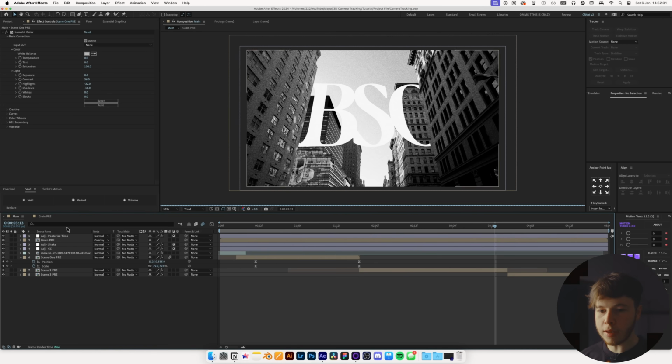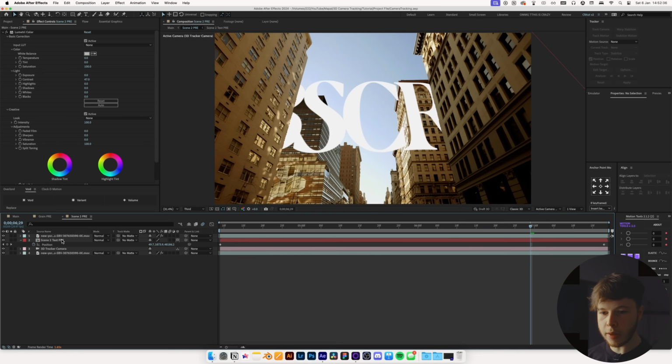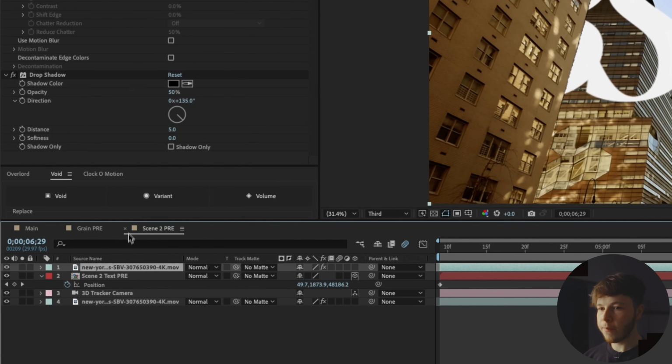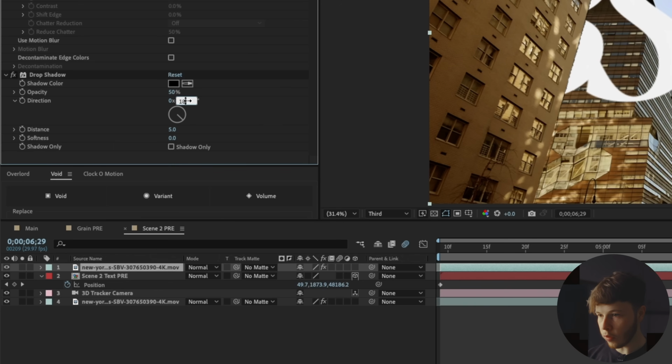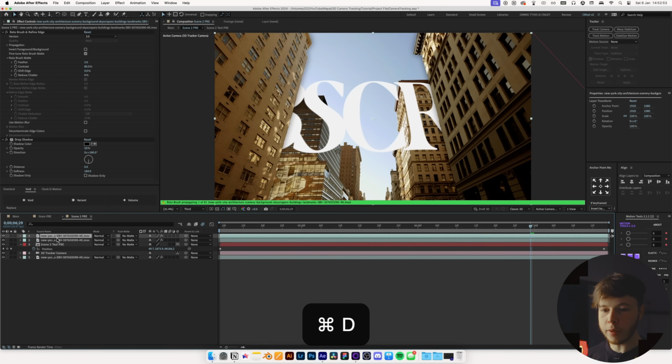What we could do maybe is if we go into scene 2 and let's open up this, and then on our foreground add a drop shadow and set it to 180 and distance to 0, and then increase the softness a little bit. We could maybe add just a little bit of shadow to our text and then duplicate that